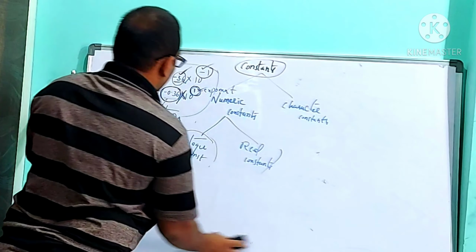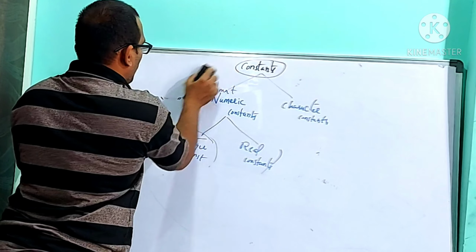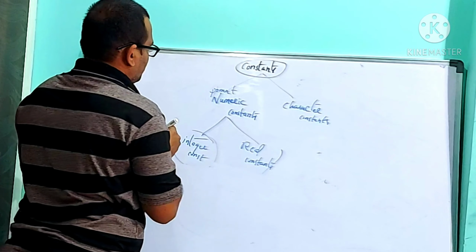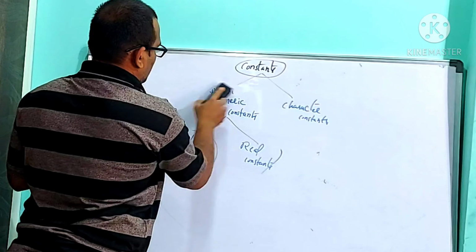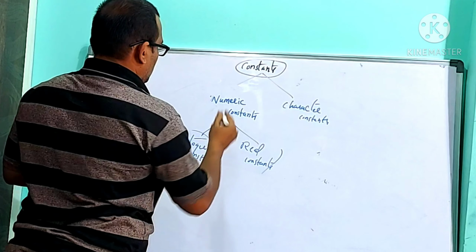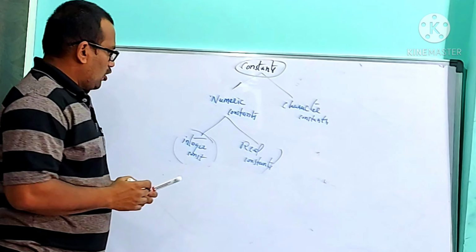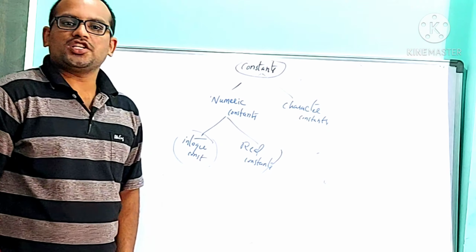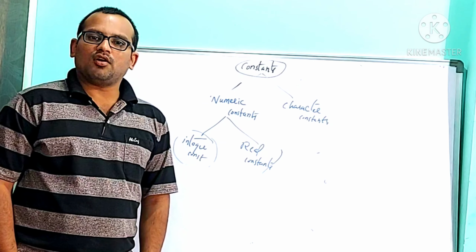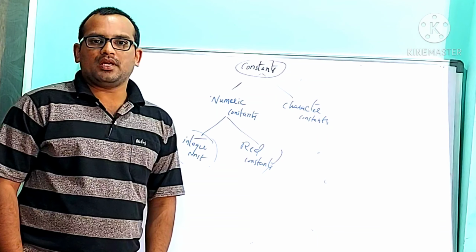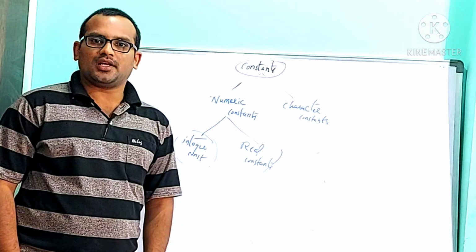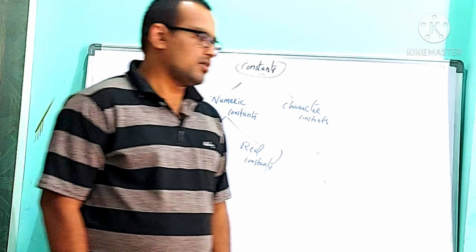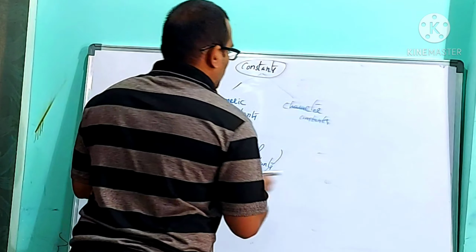Again, I am saying real constants are real values which contain two parts, a fractional part and a decimal part. So a real constant is represented in exponential notation, which contains a mantissa and an exponent. Mantissa may be positive or negative. It may be an integer or a real number. Exponent may be positive or negative. It must be an integer number. Correct or not?